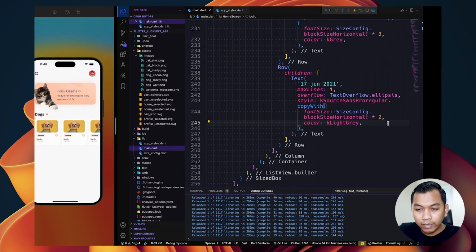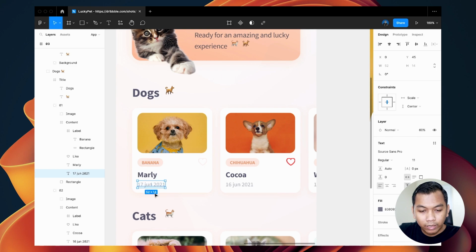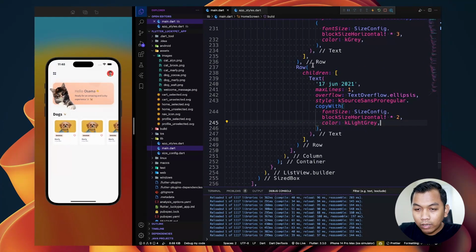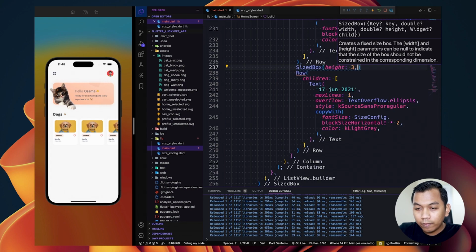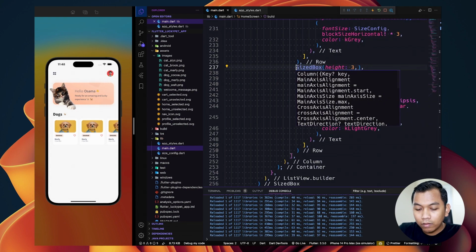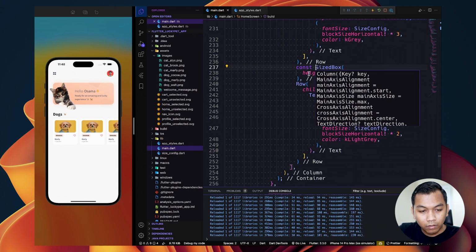Look like this, and I think we can add SizedBox again here, just 3. Look like this.